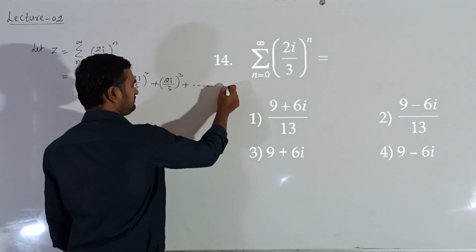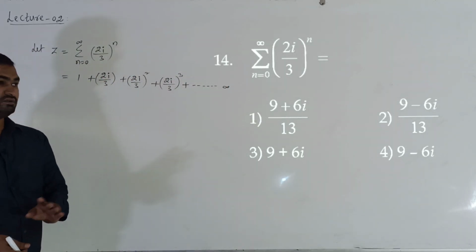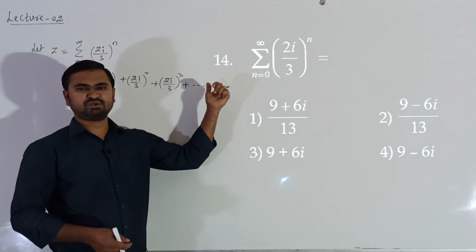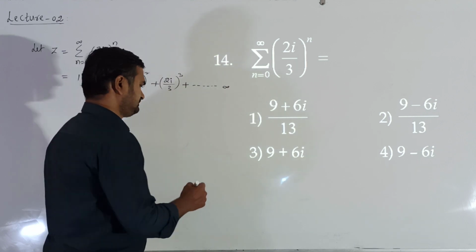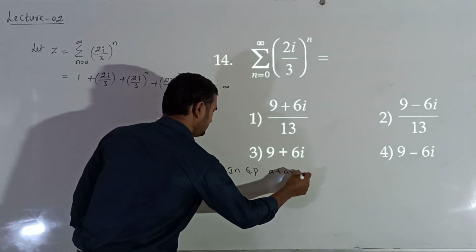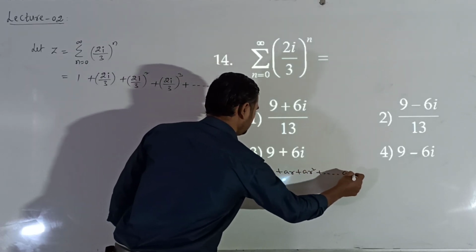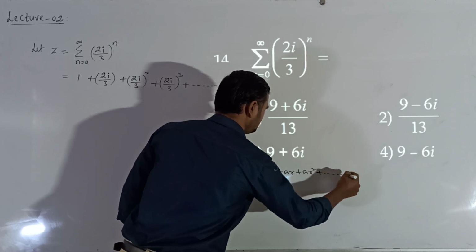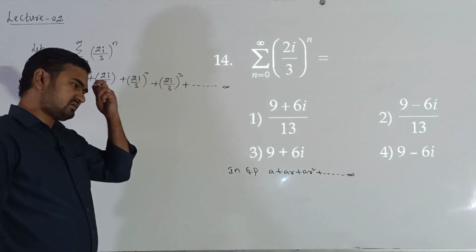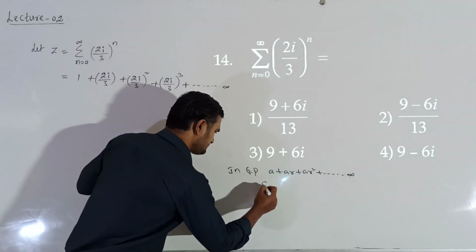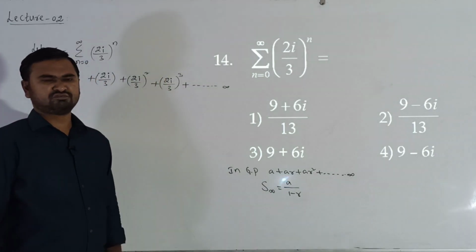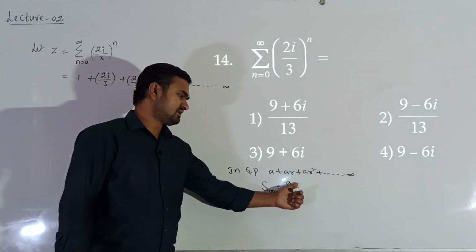So we are having a sum of infinite number of terms. So whenever we are having the sum of infinite number of terms, think: is it forming a GP? In GP we know, in case of GP, a plus ar plus ar square up to infinite, a standard GP, where we have infinite number of terms. What is the formula for sum of infinite terms? A by 1 minus r. Sum of infinite terms in a standard GP is a by 1 minus r.